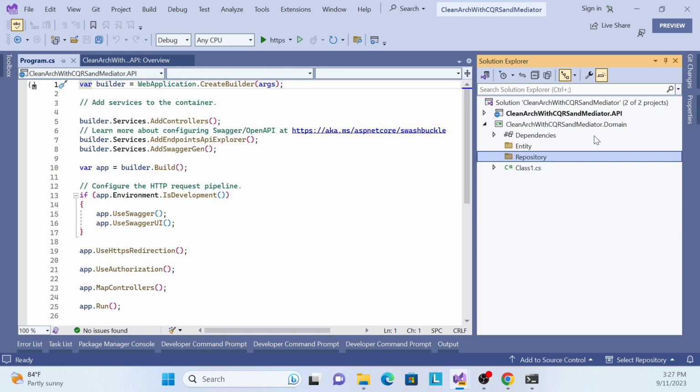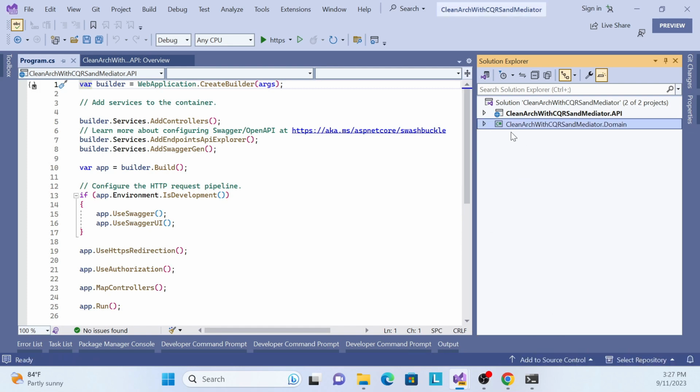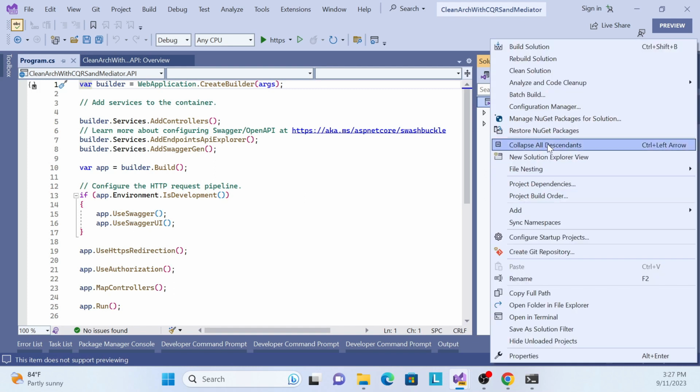Okay, so now this is done, and that is sufficient here. Just remove this class one, and then move it to another one. Now, the next thing required is an application layer, so let me again add